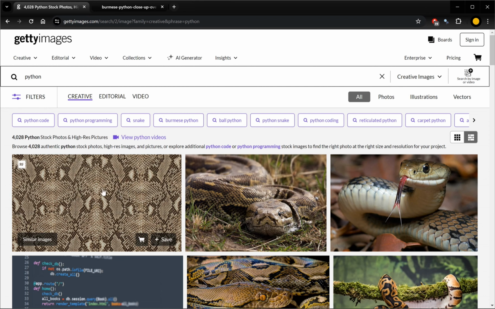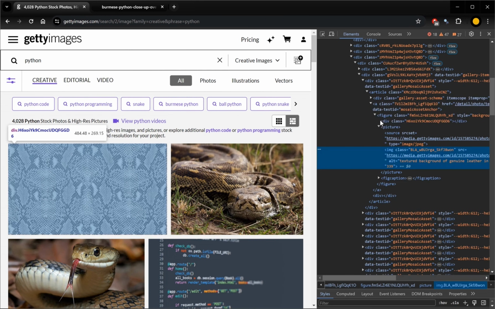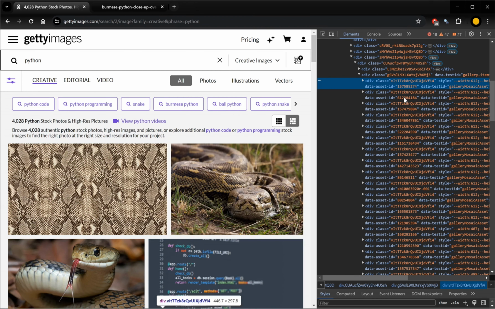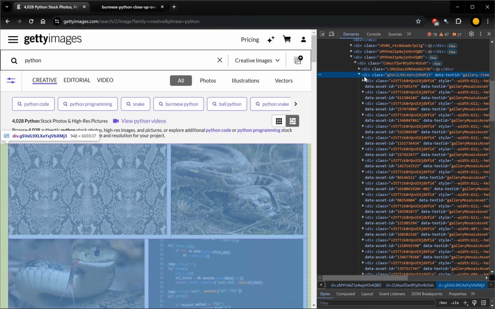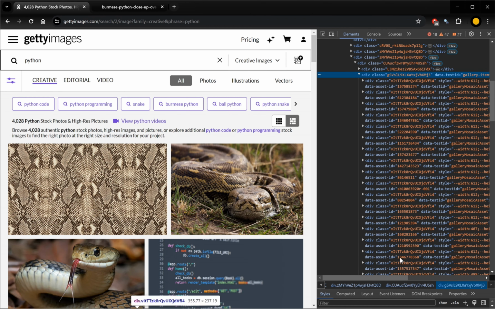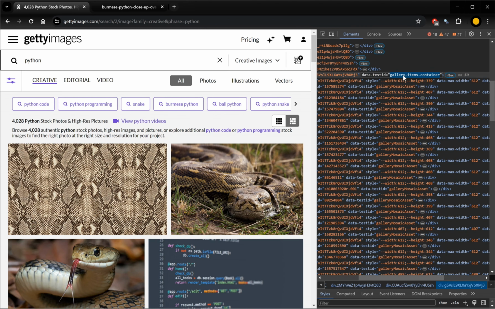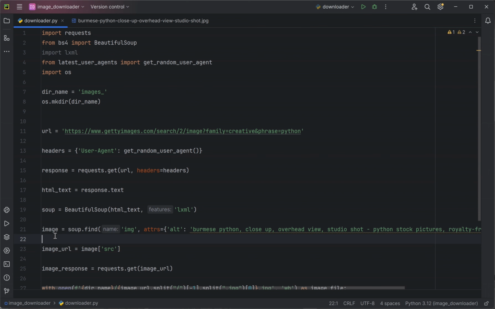Let's go to the page and find it. I will inspect one image and I will close this, and as you see all the images are here. So this div tag contains all the images. We are going to use this. We are going to select it by using the data test ID of it. I will copy this one and come here,